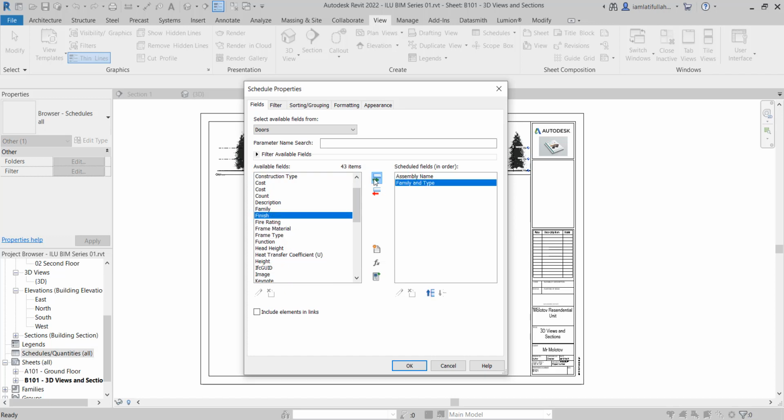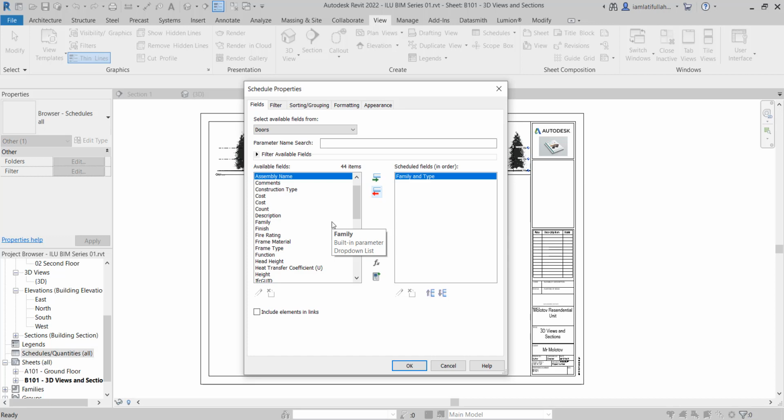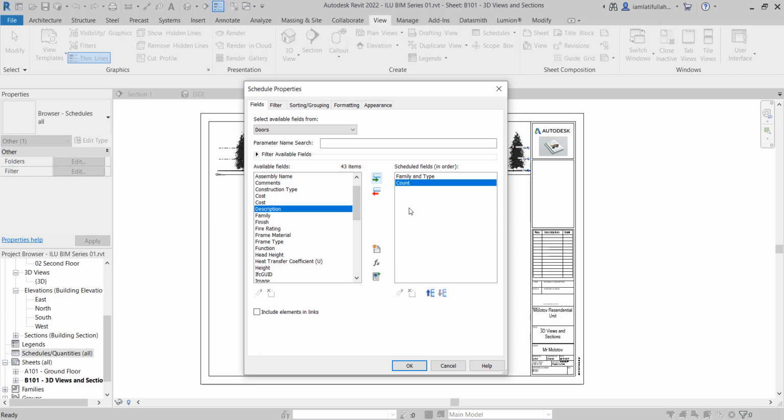Let's exclude the assembly name and include the family type. So what kind of family of the door we are using in this model. So all would be updated and all would be placed under the family and type with different names, right? So you can also add the count, so it would also tell you how many